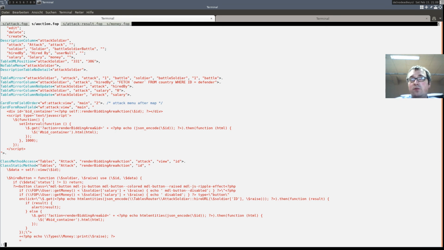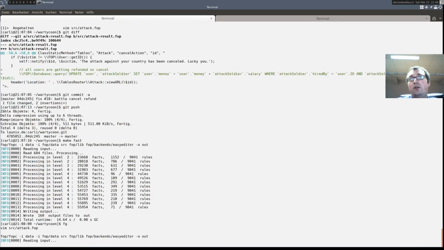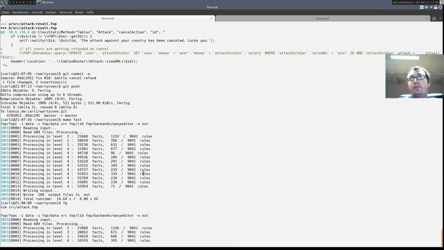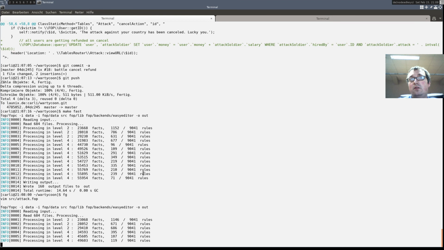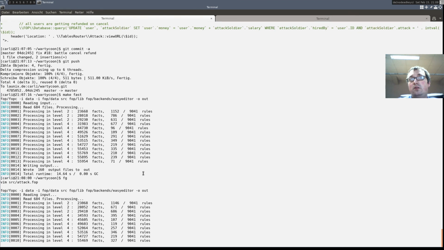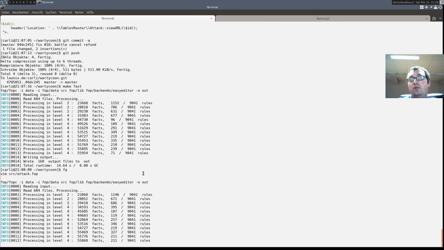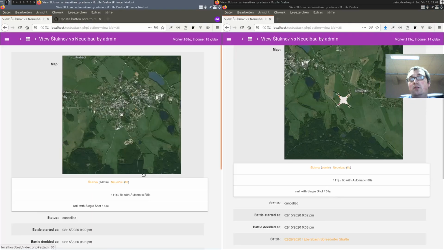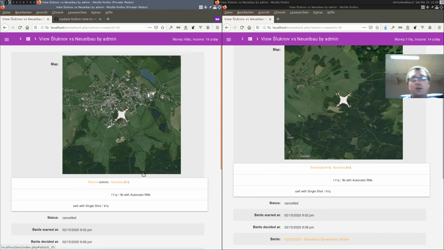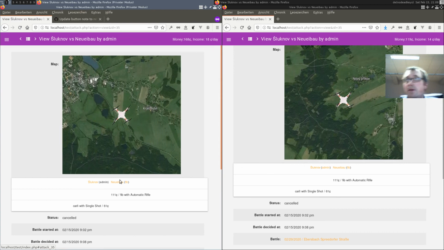So don't render the button if we are not in a scheduled attack. There we have it.